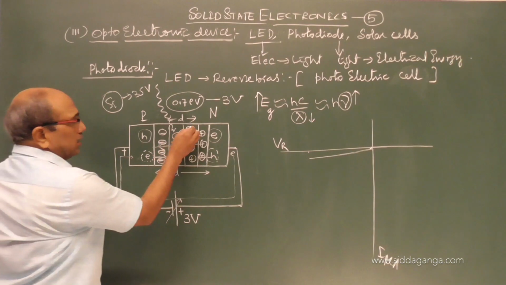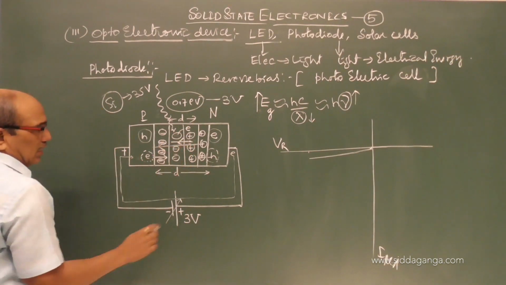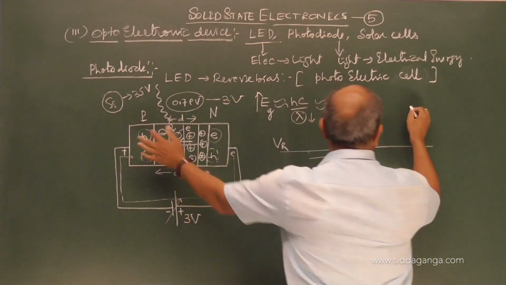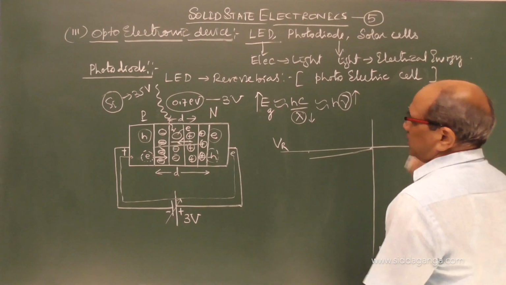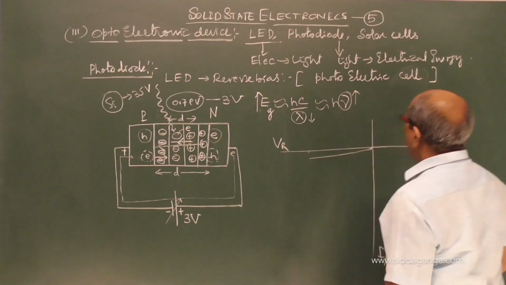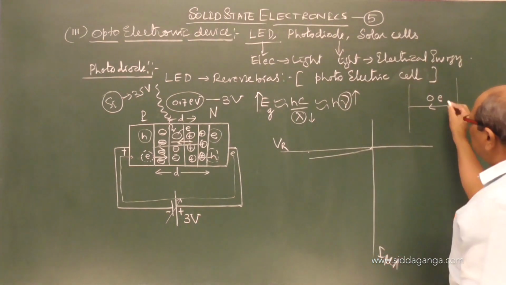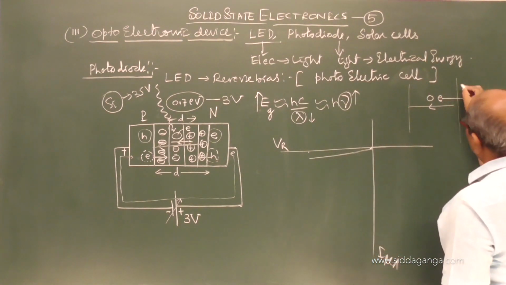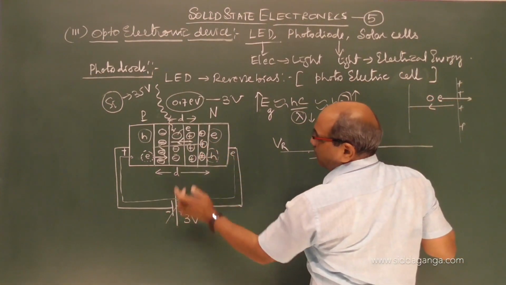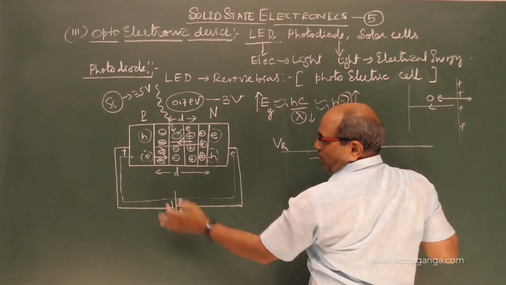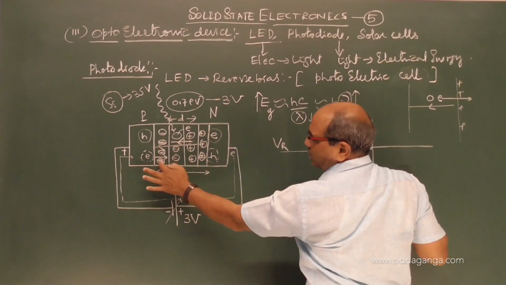What happens? Because of the large electric field, here that I am showing, an electron-hole pair is generated by breaking the bond. In the depletion layer, what happens? See, the electrons are immediately pushed toward the attraction of this positive potential. Already it is made 3 volt, it is not neutral. Because of the 3 volt, there is plus 3 volt on this side and minus 3 volt here.